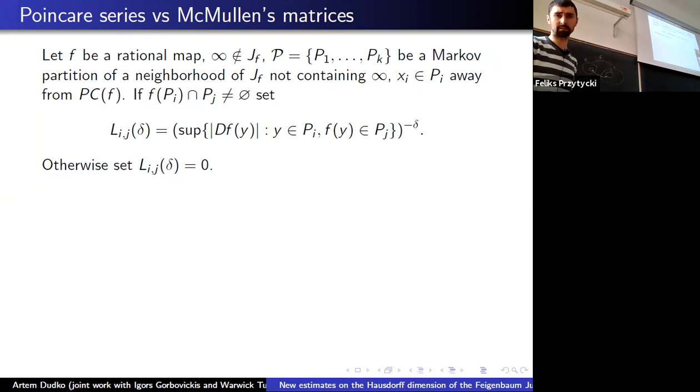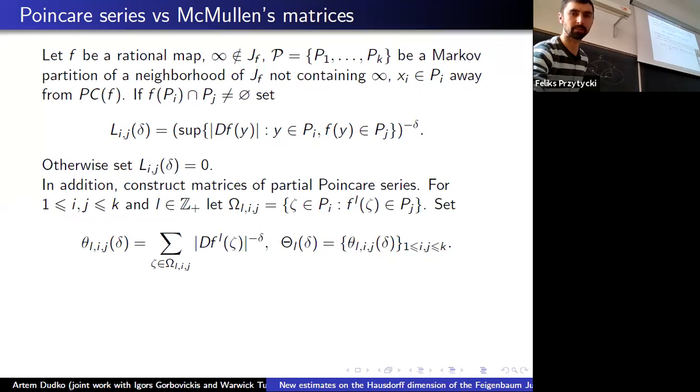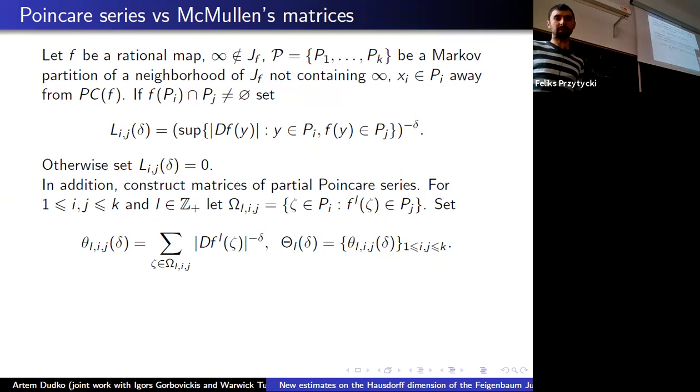Macmillan mentioned in his paper, about the hyperbolic Julia case, that using these matrices one can obtain estimates from below on the Hausdorff dimension. So we have the matrix L delta, with entries ij of delta with these values. And in addition, we construct matrices of partial Poincare series. Namely,